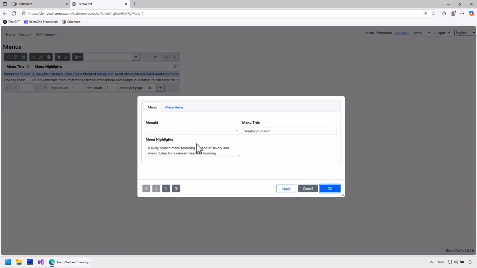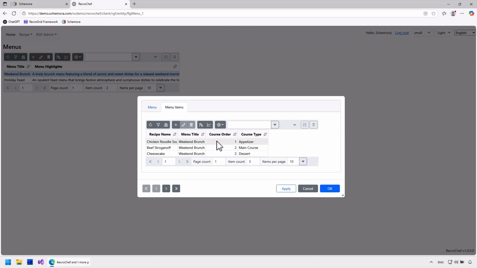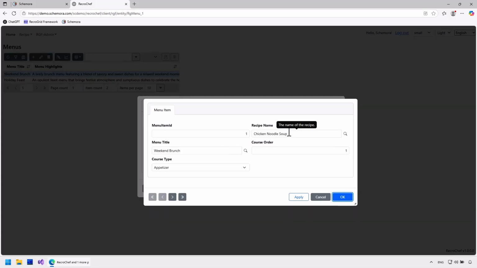Weekend brunch. A lively brunch menu featuring a blend of savory and sweet dishes for a relaxed weekend morning. Chicken soup, beef stroganoff, cheesecake. These test data are way off from my taste, but hey, at least we're having fun.